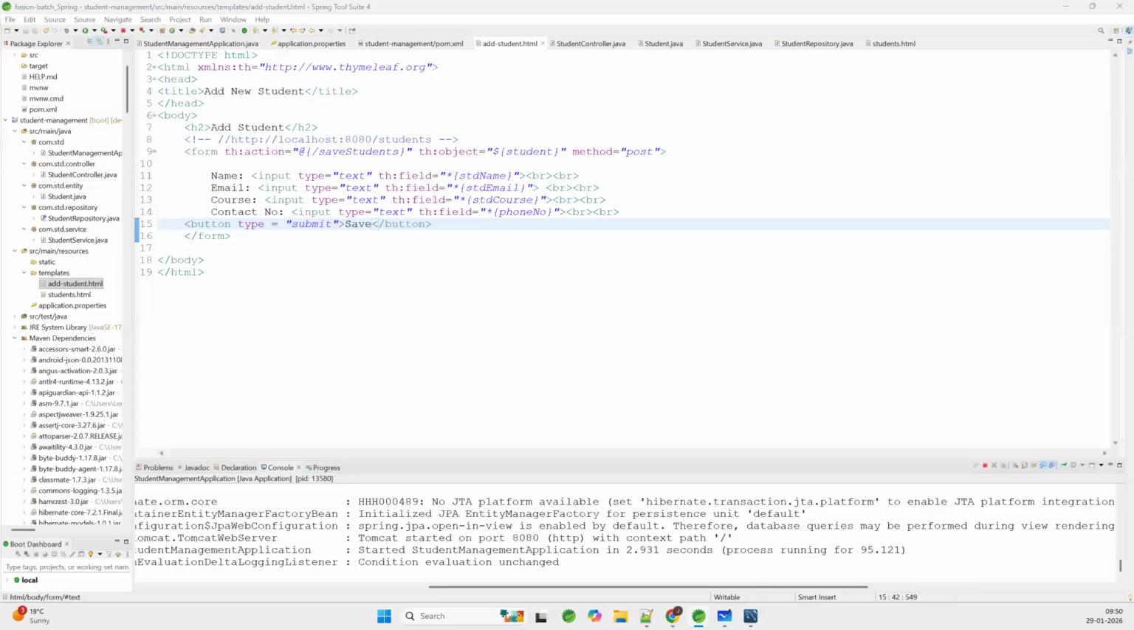Okay. We have messed it up here, guys. We need to simply say here that on the save button, of course, it will perform some action. It will save the students data. On the save button, it will save the students data, but